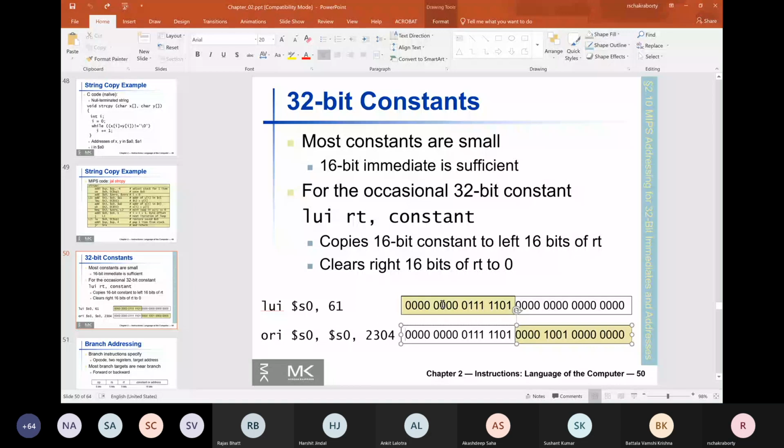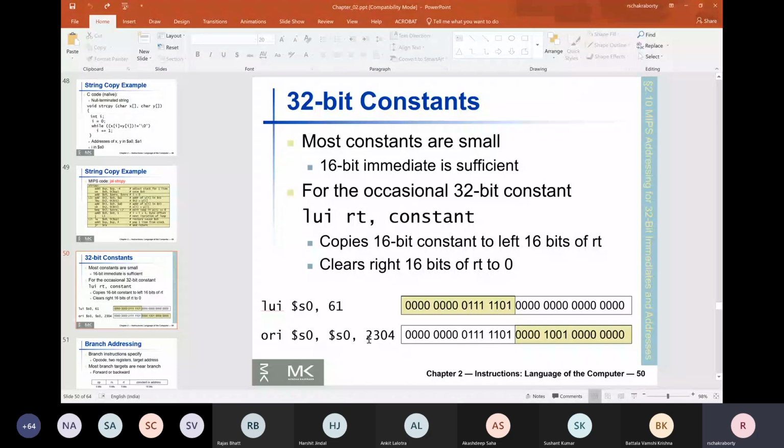Once that is done, because you want to express this binary string 00001001 00000000, that is 2304, you use that to OR it, and that gets ORed with all bit 0.